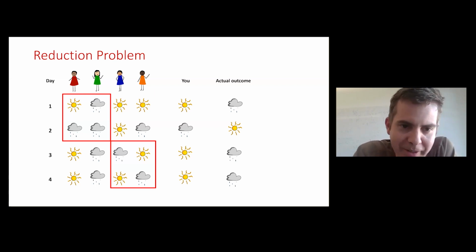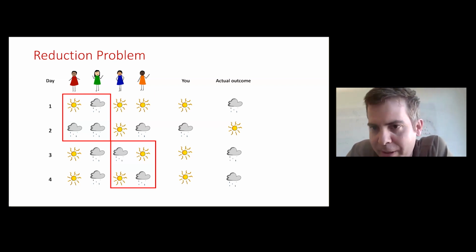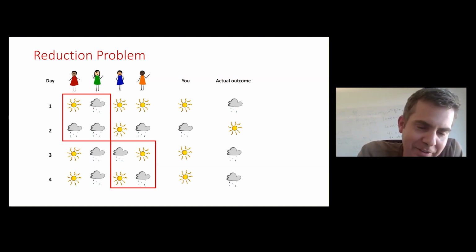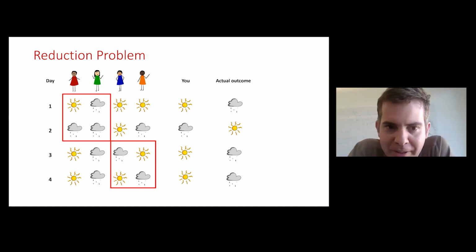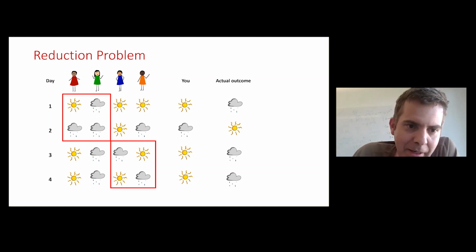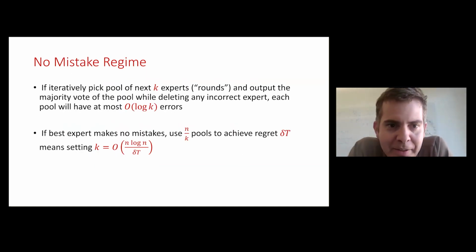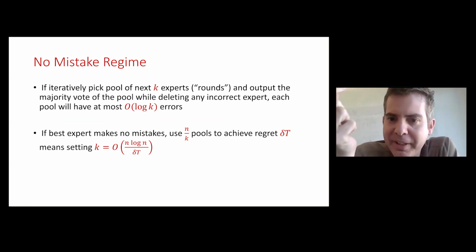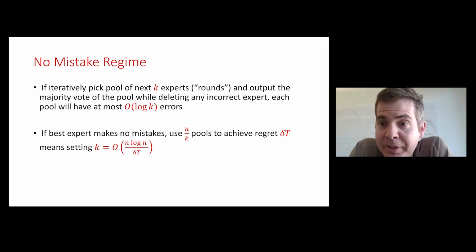So, here's the high level approach. This first block is like a pool of 2 experts, and we're running some weighted majority algorithm on it. And these 2 experts start doing poorly. And so then we switch to the next 2 experts and use them until they start doing poorly. So here's a simple argument in the no mistake regime. If you iteratively pick a pool of the next k experts and just follow their majority vote,